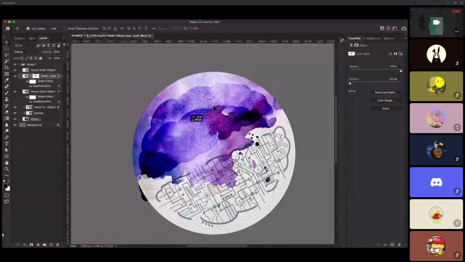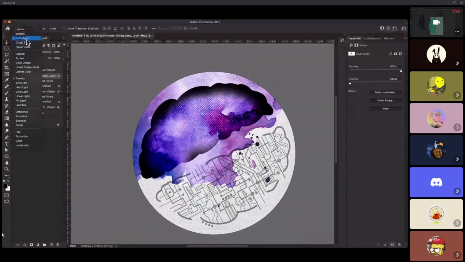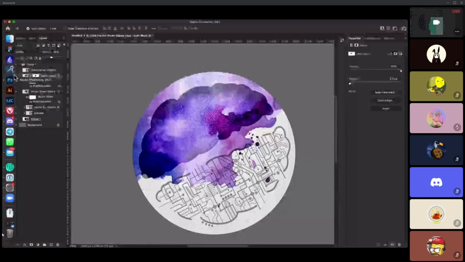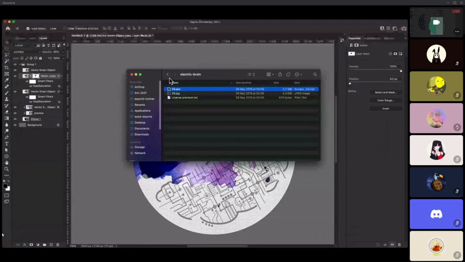And now this layer is a separate layer which I want to blend further. So probably I'm gonna drop it as multiply, but drop the opacity quite less. So it starts to give it a bit of definition, a bit of depth. And now, what I want to do here in this side is to bring out some gears that I was thinking. So I'm going to go back to the resources.